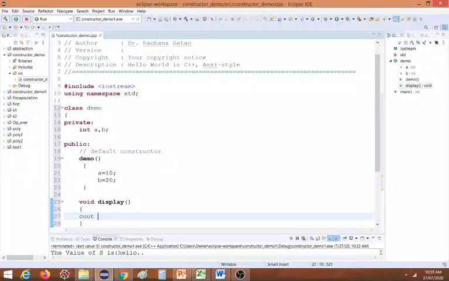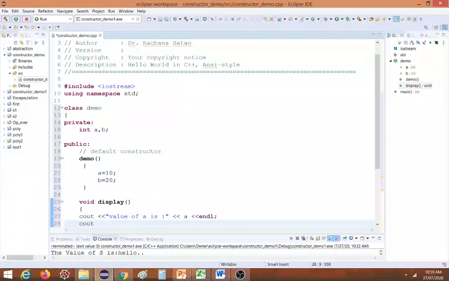So cout, value of a is, and then we will display the a value, and then endl for new line.